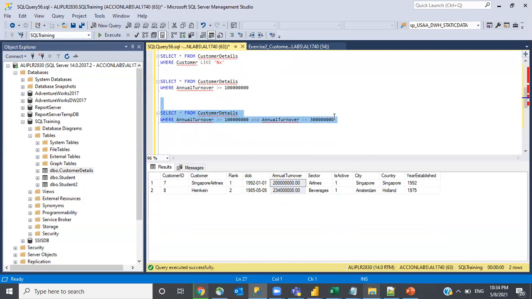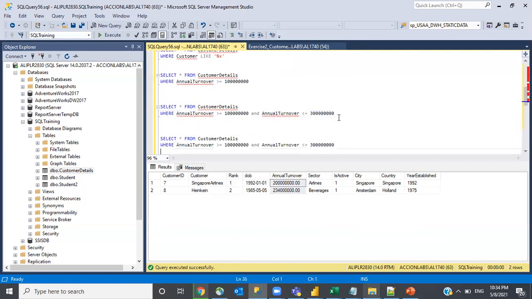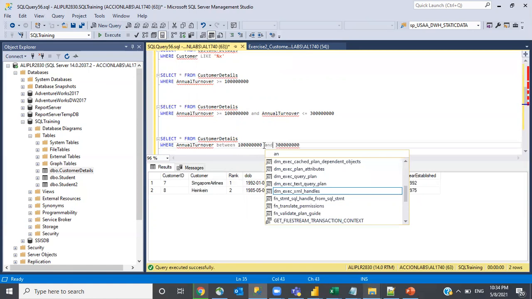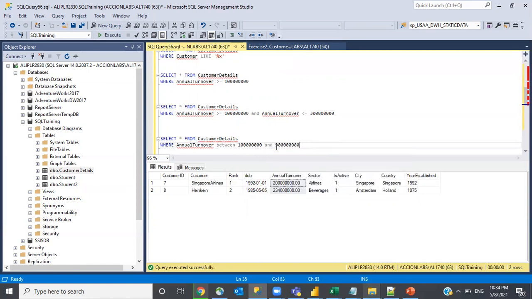But we can rewrite this query in some other manner as well. So how I can write it is, annual turnover between 100 millions and then 300 millions.